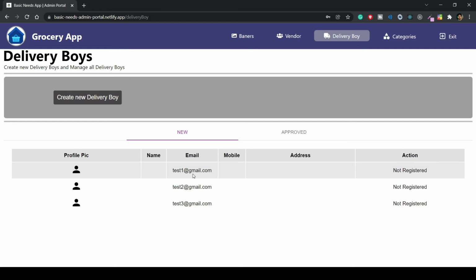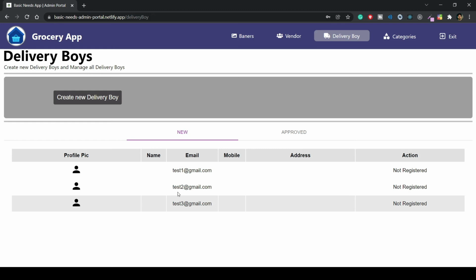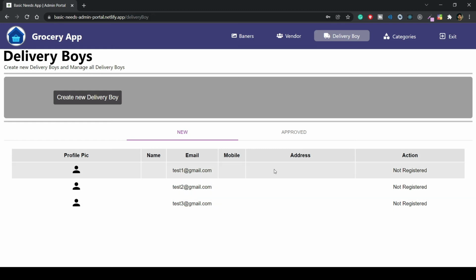Once the email ID is allocated, the person can register with the complete details, like the address, phone number, complete name and password. Once all the details are here, the status changes from not registered to registered, and we can work upon it. I can show you here the new ones who have not yet provided all their details, so they are still in the not registered place.